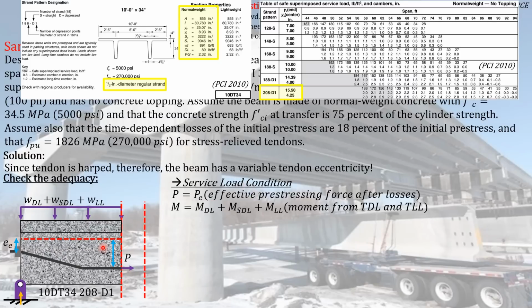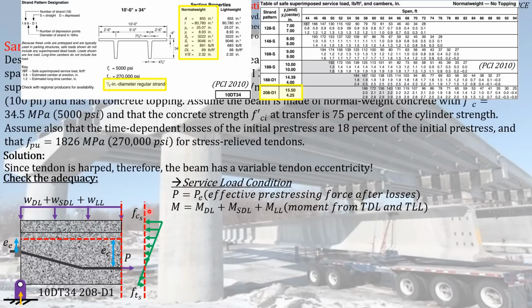So the resulting stresses here are something like this, with an extreme pre-compressed fiber stress equal to this, and extreme pretension fiber equal to this. If you can take note here, I have used a small letter f to indicate that the stresses that we are now computing are the actual stresses. If the letter is capital, it specifies an allowable stress, but if it is a small letter,